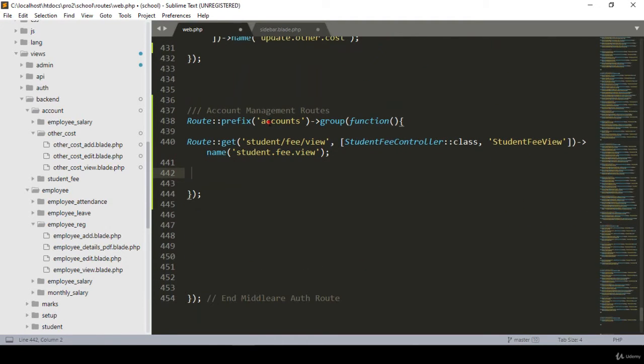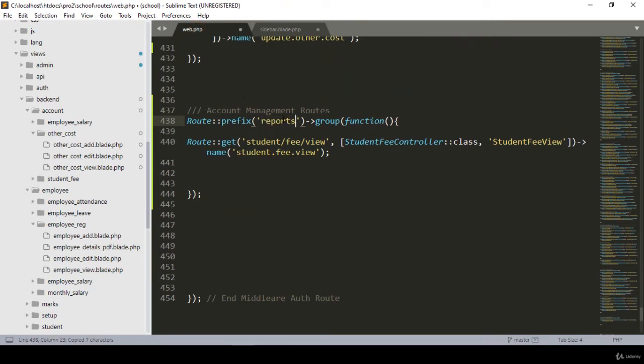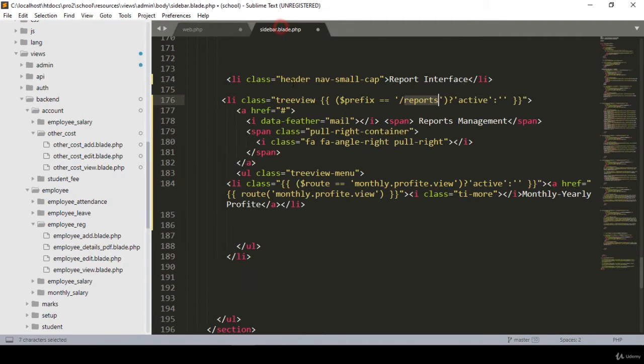That means that is our prefix. I put that prefix name as reports, and then into the reports area. I also want to change it to report. That will be the report management, all routes. Perfect. So now into the sidebar area, I name our route name